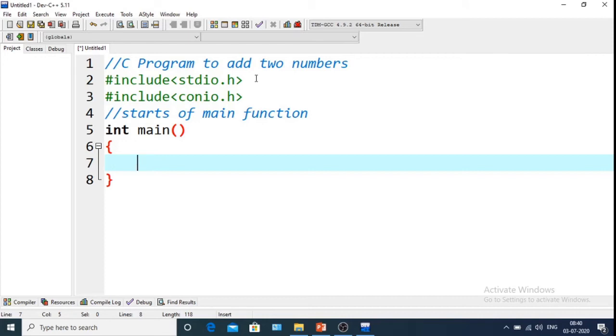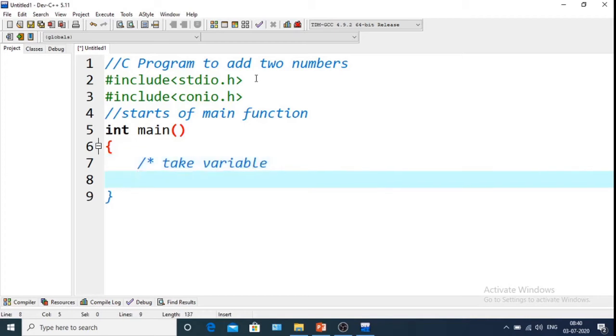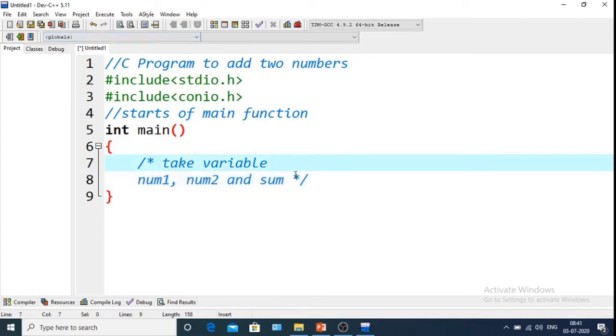Now we'll take the variables. Let's take a multi-line comment. Okay, so as you can see, it has started with slash star and also ends with star slash.